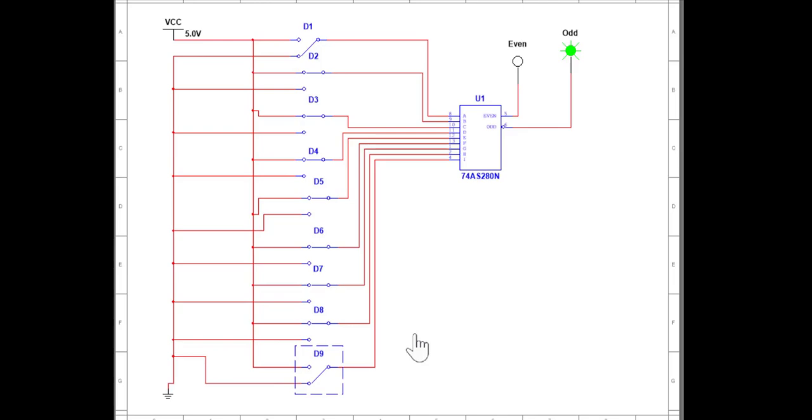Now let's check out the odd parity checking. Now let's make all inputs 1. At the same time, I'll make the parity bit also 1 because you are checking for the odd parity. Now if you look here, your input is having an odd number of ones. Odd output is 1, that means there is no error in the input. Now if you make one of the inputs 0, your input is having an even number of ones, but you are checking the odd parity. Odd output is showing 0, that means your data bits are not having an odd number of ones. This is how we can check for the odd parity detection by using the same IC.